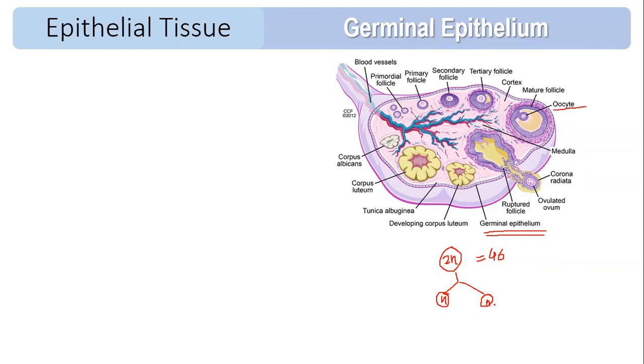So what is haploid? Only one set of chromosomes. So here n is equal to 23. After that, these further divide into two more cells, and all the cells will be haploid. So one cell is going to form four cells, and all the four cells will have 23 chromosomes. For example, sperm will have 23 chromosomes, ovum will have 23 chromosomes. So this 23 will come together and form 46 after fertilization.